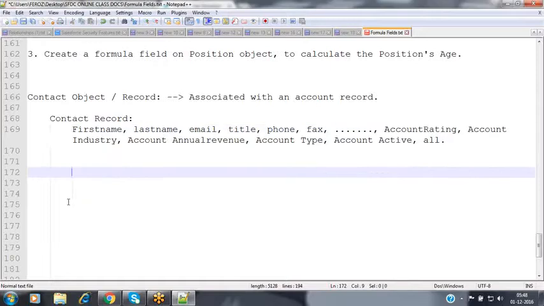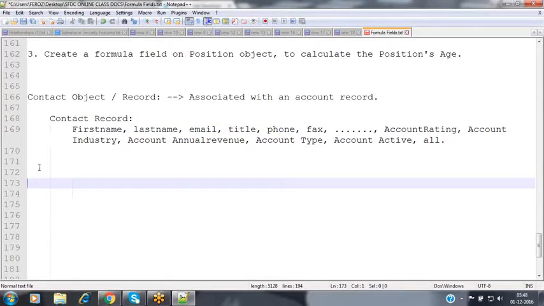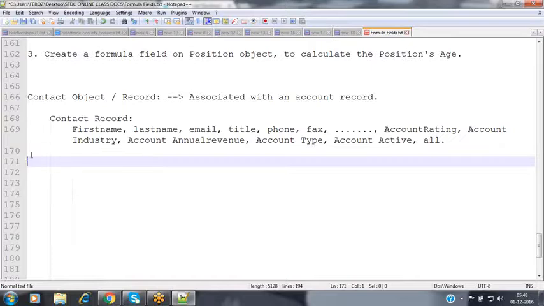Now let's see. So now whenever you are going to be preparing the formula fields, then at that time, not only referencing the source fields from the same object, we can reference the parent object fields also. So at that time, the parent object may be associated with lookup. It may be associated with master detail. It won't bother about that. Just it is expecting an association. That's it. So now at that time, how can we fetch that information? Now we will see practically over here.